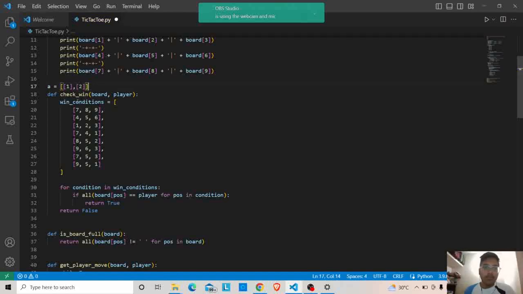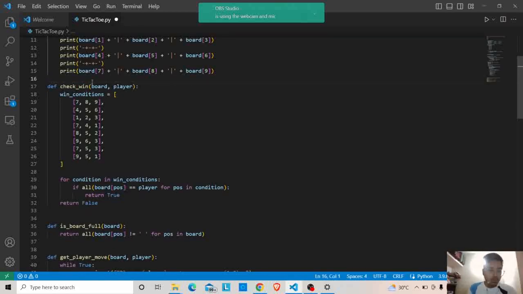So if for i in A, the first value of i will be this list, right? So the condition's value first will be this list, which is 7 8 9. Now 7 8 9 will be passed to this. Here it is checked. Now you have to understand this line. We will go with the back end. So for P